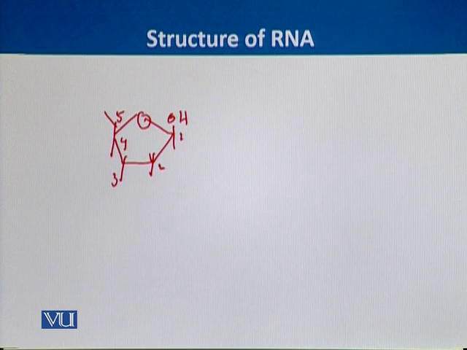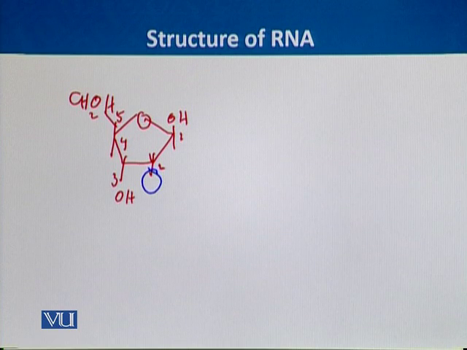So 4 carbons are within the cyclic region, and the 5th carbon is a branch carbon. Here we can see there is no oxygen at carbon number 2. The oxygen is removed. That's why it is called deoxyribose